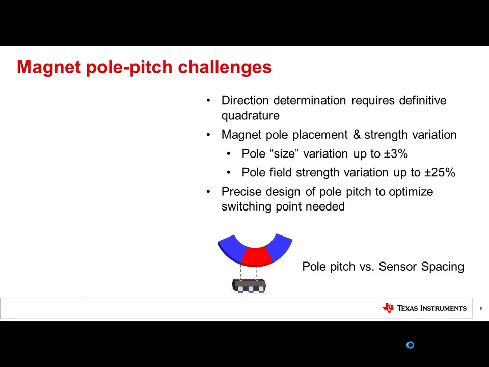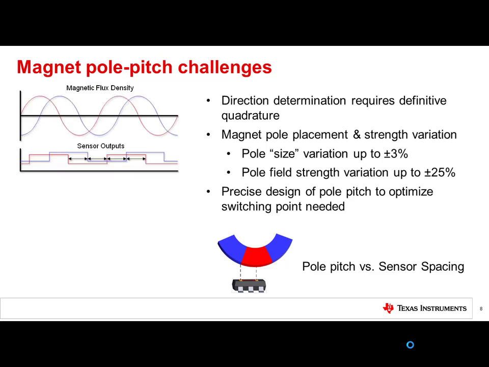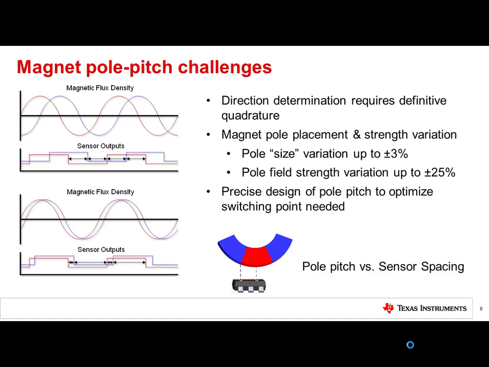In order to determine the direction of rotation, there needs to be distinct quadrature of 2 sensors relative to the magnet poles. With an ideal quadrature alignment, we see that the 2 outputs are 90 degrees out of phase. However, if the pitch between sensing elements is not separated adequately, the quadrature error increases significantly, and incremental steps will be uneven. This highlights how an imperfect mechanical arrangement of magnet pole pitch will adversely affect the performance of your rotary encoding application. Magnet imperfections, including pole size and field strength variations, further complicate the ability to accurately distinguish incremental